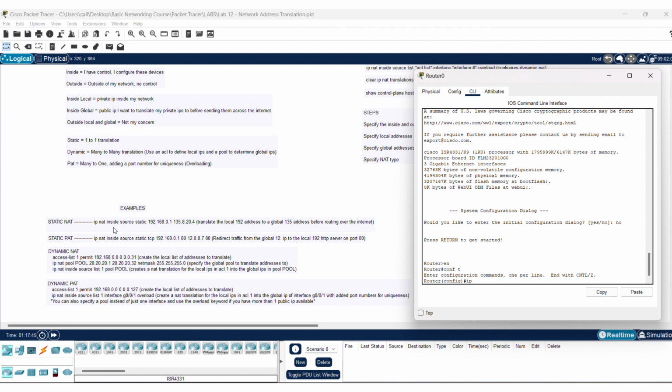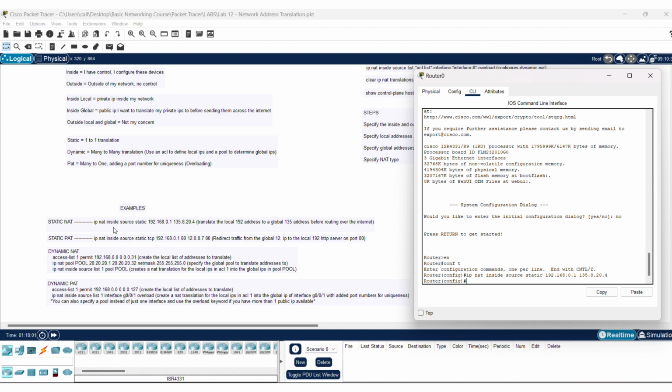So we issue this command, ip nat inside source static 192.168.0.1. That's going to be our local private IP address. And then 135.8.20.4, that'll be the global address to translate it into. Enter. We've essentially just told our router if this address comes across your border of 192.168.0.1 heading out, go ahead and translate it into 135.8.20.4. And if it's coming in the other direction as 135.8.20.4, go ahead and translate it back into that 192